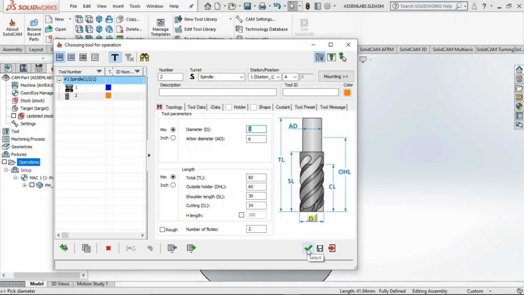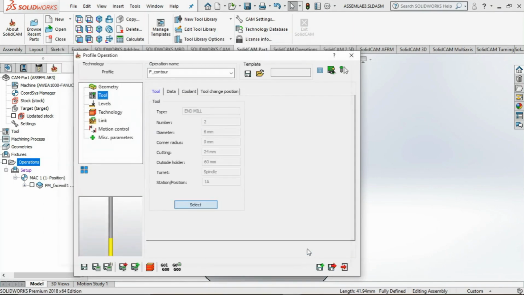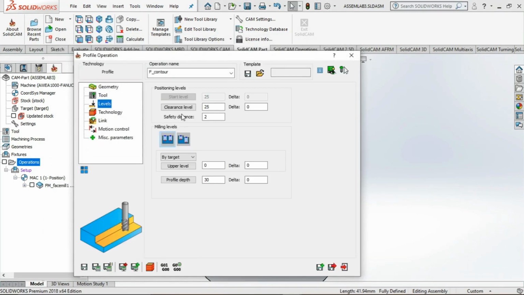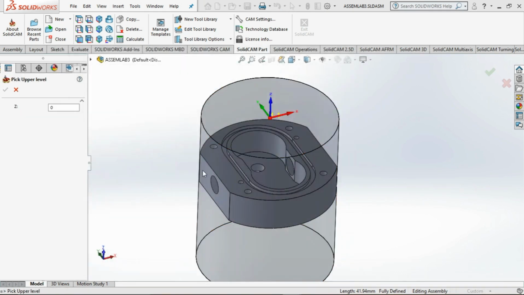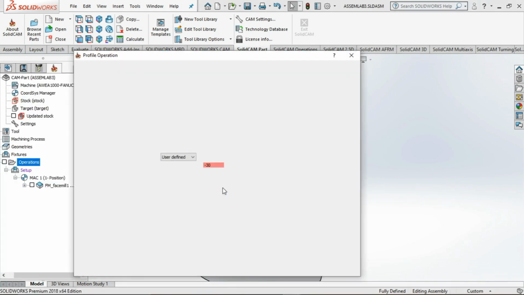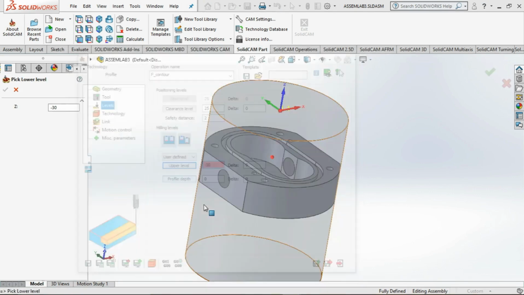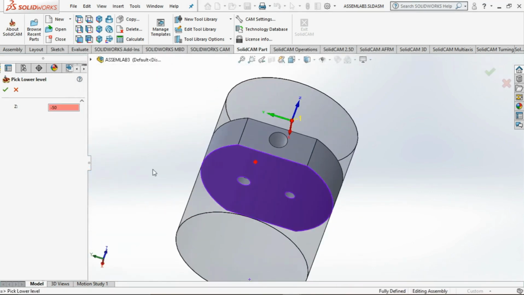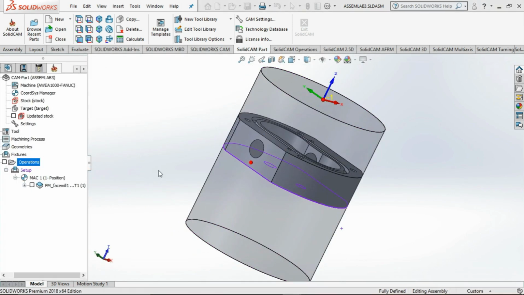So we'll go with 6, and then the levels. Now since this has been machined up to this, so the upper level will be that, and the profile depth will be here. Okay,